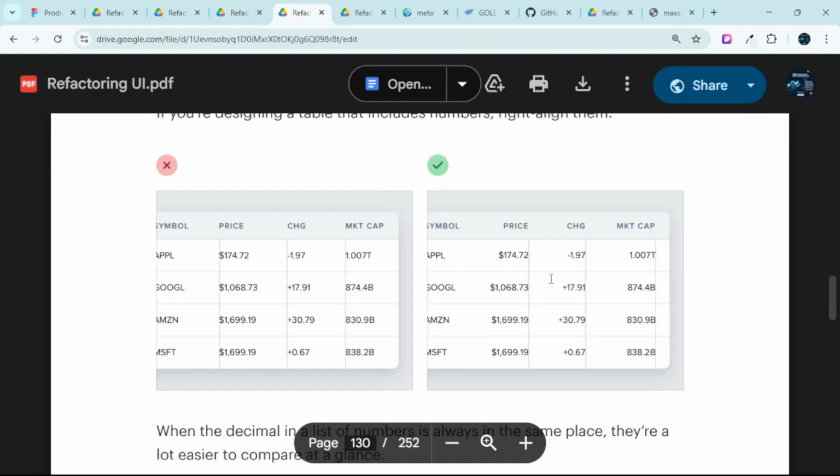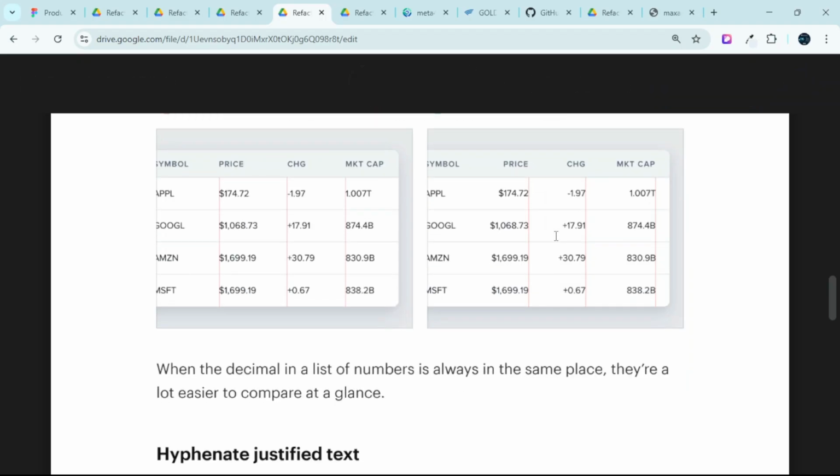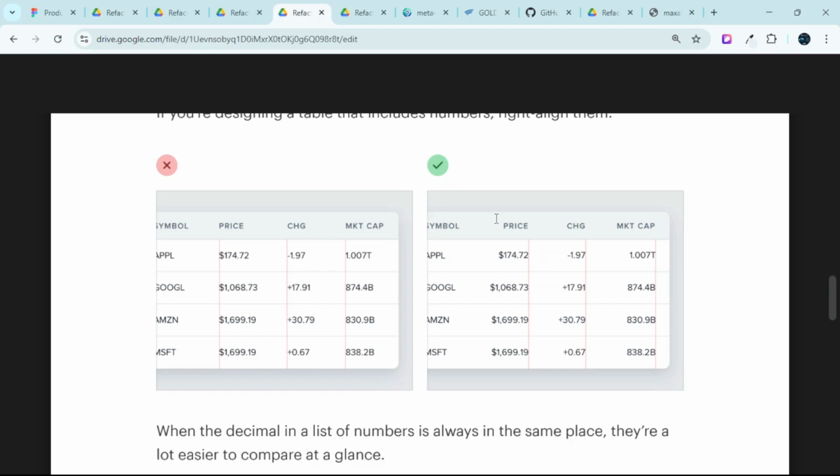You can use them if you are creating tables. Let's say you are making a UI design where you have tables with numbers like this. In that case, you should right align the numbers and not left align them. The reason is, check this one that is left aligned here. If you check the value here, for example, this is 174.72. Now if I'm coming down, there's a distortion in the placement of the decimal points. You can see that this decimal point has shifted this way. If you are coming down again, this one is shifting this way,